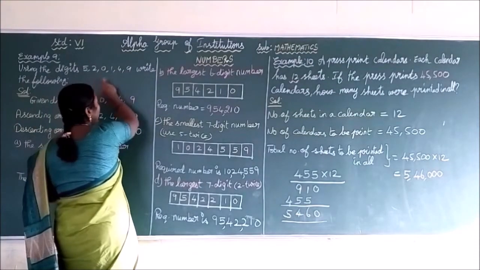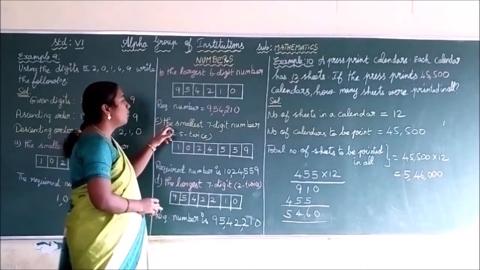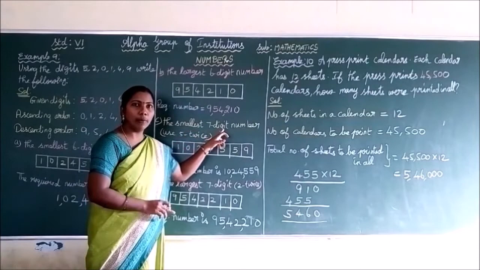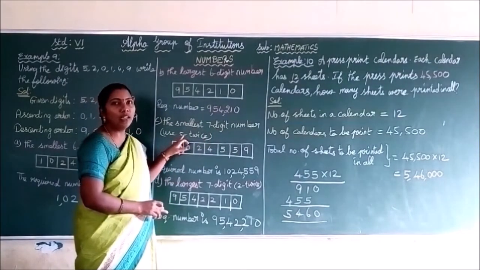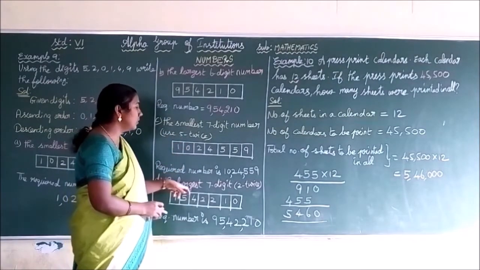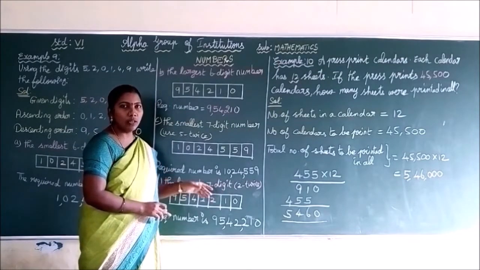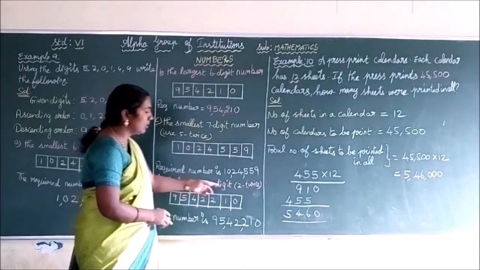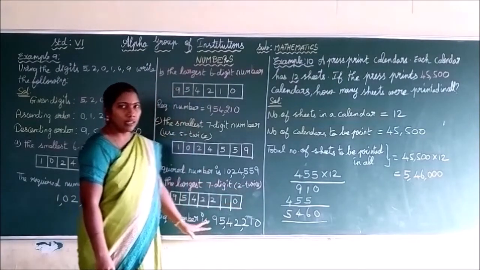Similarly, using the given numbers, you have to write the largest 6-digit number. Similarly, you have to write the smallest 7-digit number. But they give one more condition, that is, you have to use the number 5 twice, that is 2 times. Okay. In the last question, you have to form the largest 7-digit number using the given digits. One more condition is you have to use the number 2 twice, that is 2 times. Let us do the sum.